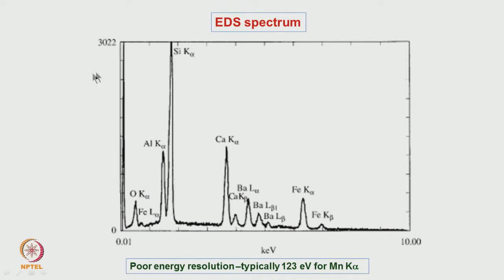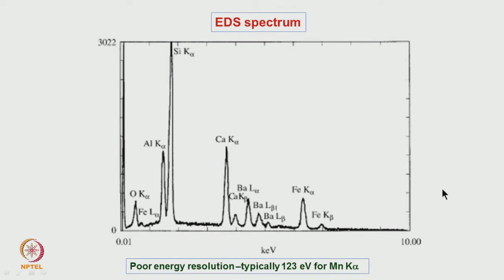Using these detectors, if we find out the intensity versus the energy of the X-rays which are coming out, we get some peaks. These peaks could be indexed, because each peak corresponds to a specific energy value, and from this we can find out what all elements are present, and using some calibration charts which are available, we can find out the concentration of the various elements in that sample.